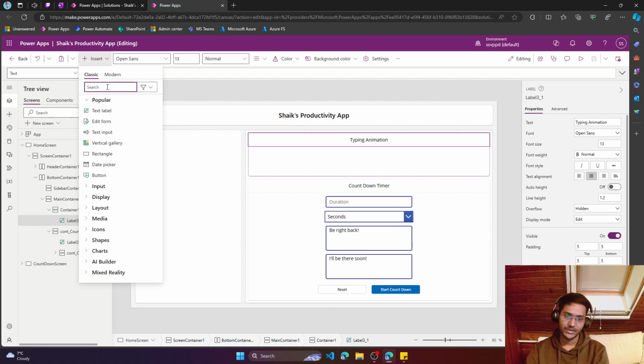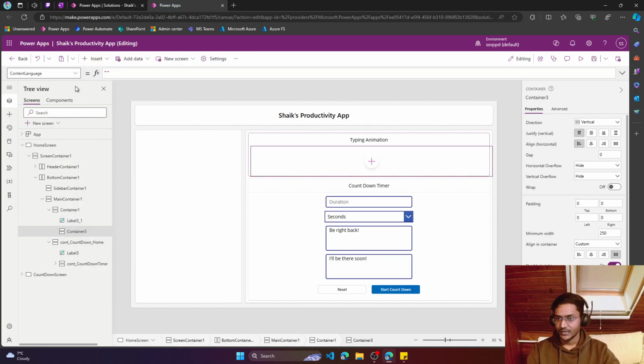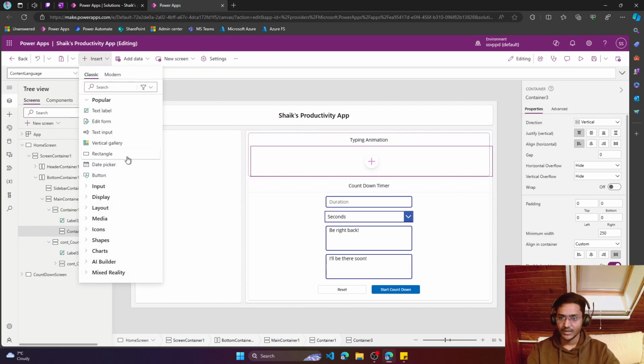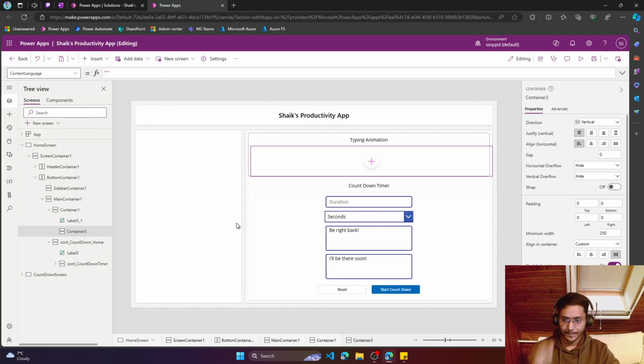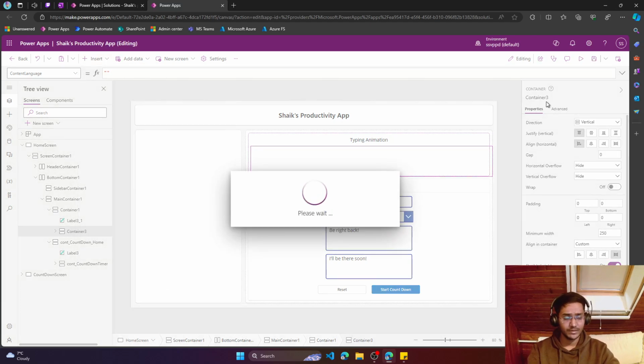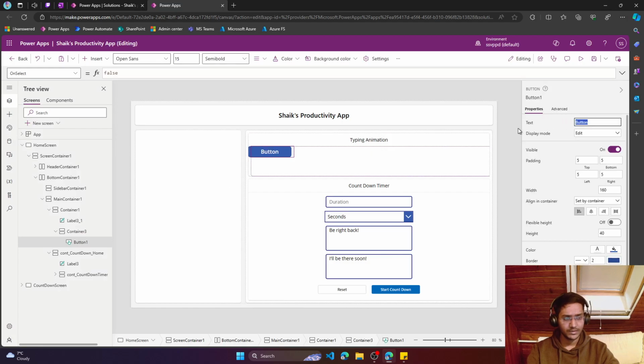Yeah, so let's try to do that, and then I'll add a container first, and in here it's going to add obviously one more container. Probably I'll just go with a button, and this button is just to start animation,